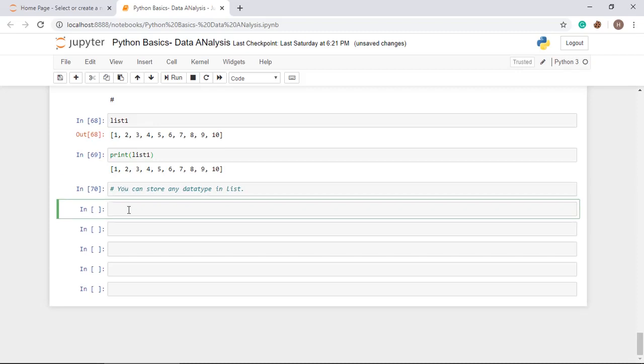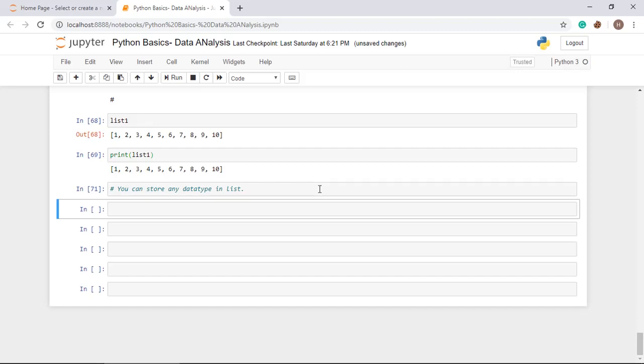When you create an array, you have to define first whether it is an integer array or a string array or something like that. You have to fix the data type earlier. In Python, there is no need, and you can store any values in a list without any issue. Just put a comma and then add the value.